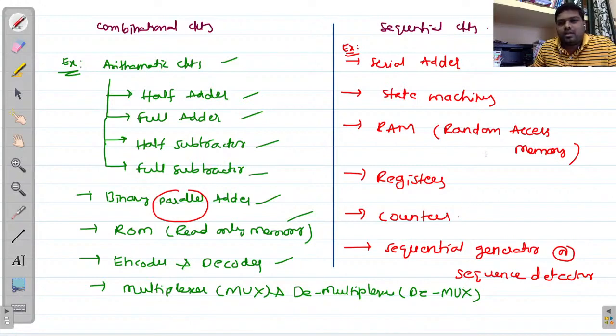Okay, so these are the examples of combinational circuits as well as sequential circuits. Okay, so in the entrance exam this is also important. Okay, so which one of the following is a combinational circuit, option A serial ladder, option B